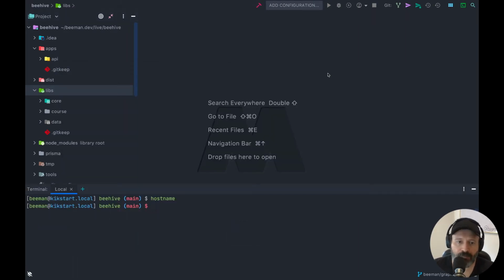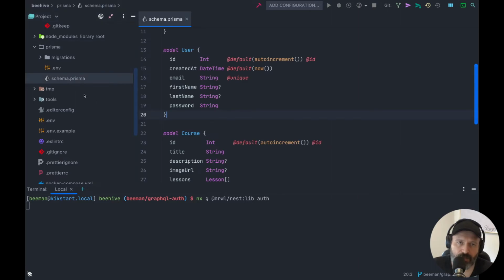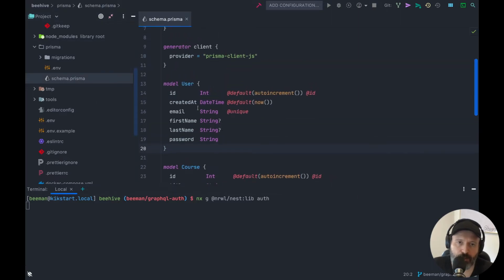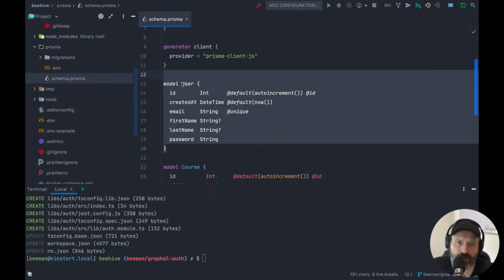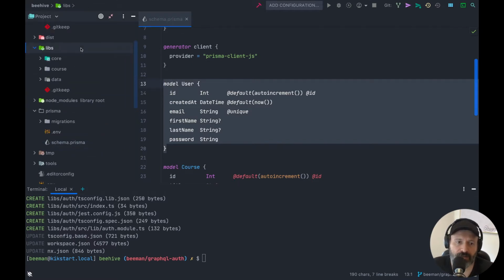Start the terminal here. And I'm on a new branch, so let's go ahead and do nx generate narwhal nest lib and create the authentication library. Now, for those of you that were here yesterday, you've seen that we've created a data model with Prisma, and one of the first things we'll do is actually model this user model inside of our authentication library. So the library got created,